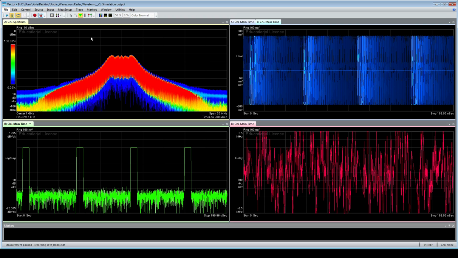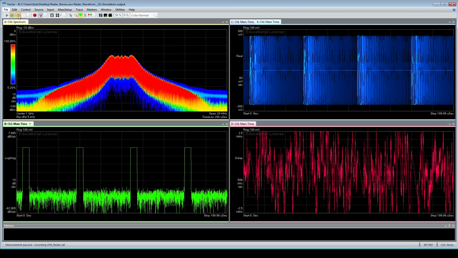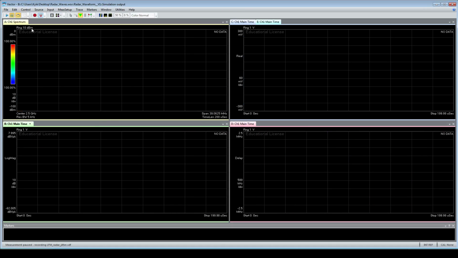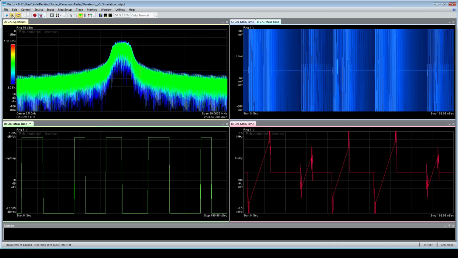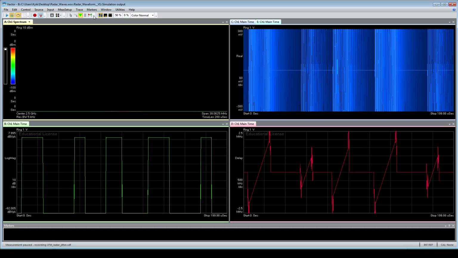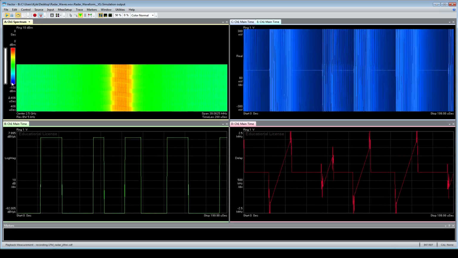Now, a slightly more complex one. Actually, we want to recall a recording, and it's one I've made here. You'll immediately notice something different about this. The spectrum itself doesn't look drastically different, but we're actually going to change this to show a slight digital. Actually, we'll go to the spectrogram. And what you're seeing here